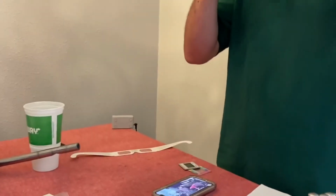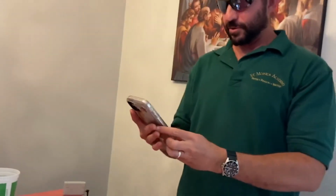A couple other interesting things with polarized sunglasses. You'll probably want to just do this yourself at home, but if you grab a phone with a screen and you look at that phone while wearing polarized sunglasses, you're going to notice an interesting 3D effect. Almost like there's some depth to the image. And of course that's something that's impossible for me to show you because I can't put the sunglasses on the camera. But because both are polarized, the sunglasses and the screen, you can almost get a 3D effect, because